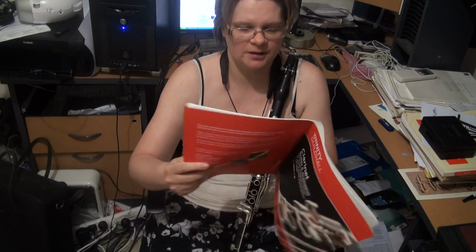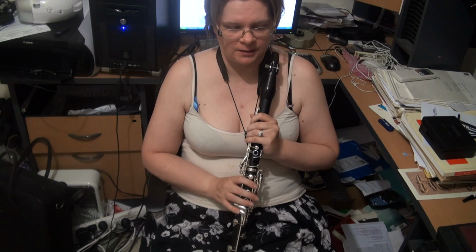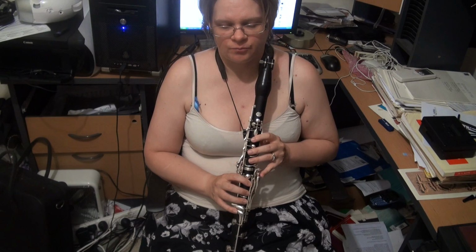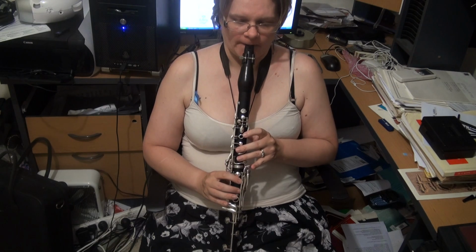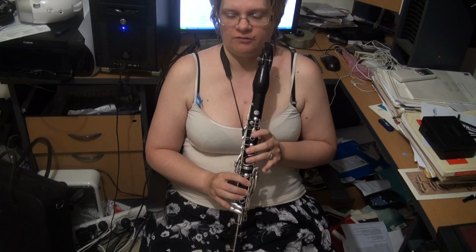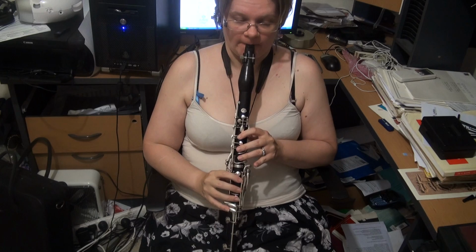Now coming back to the regular clarinetist, F harmonic minor and melodic minor are 3 octaves. You may want to coordinate, depending on which D flat you use. If you're using the left hand D flat, coordinate between that and the E. And also up the octave, making sure that you take that pinky off when you play the D flat. So